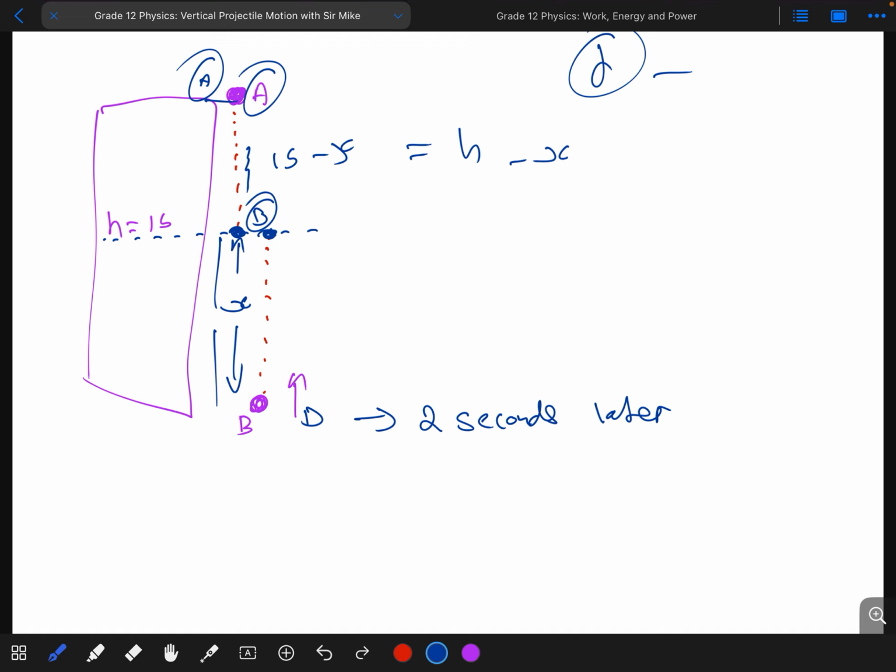So in this case, what you simply do would be to choose those points, point A and point B, and then you simply get the information on those two points. But remember, what you must always keep in mind is that when two objects pass each other, they would have the same height above the building, and the other thing that connects them